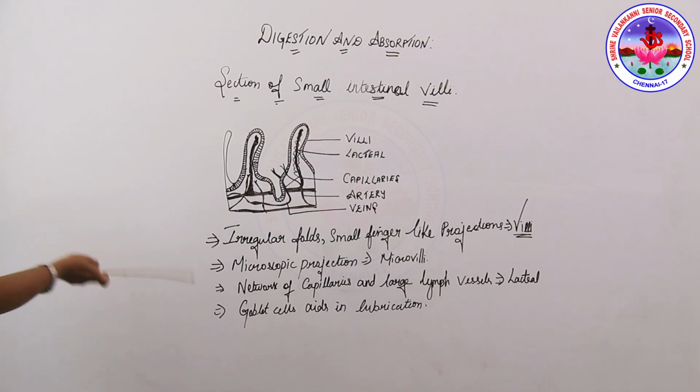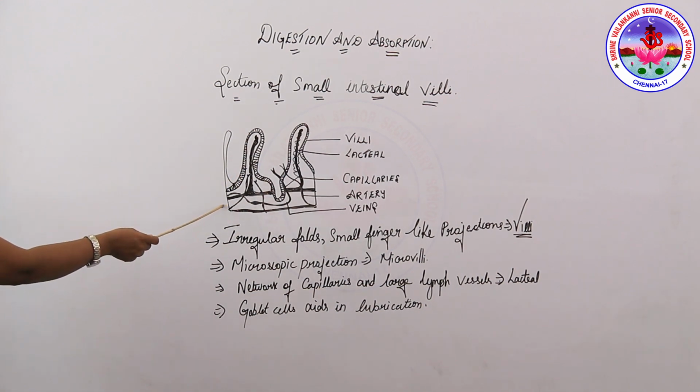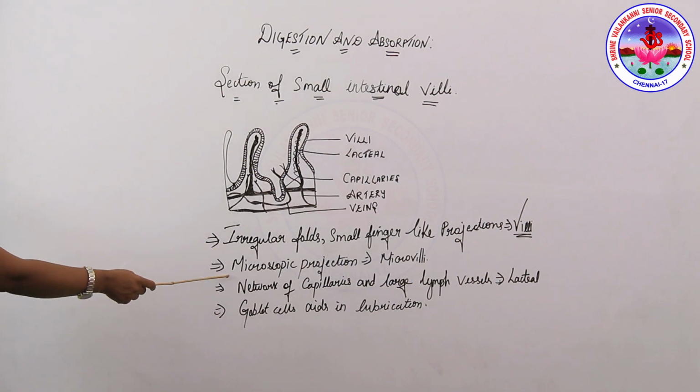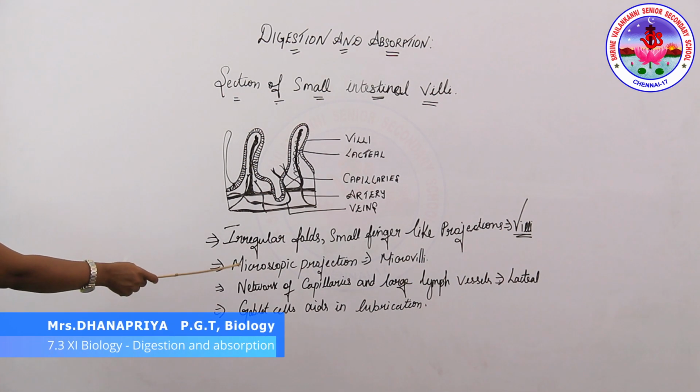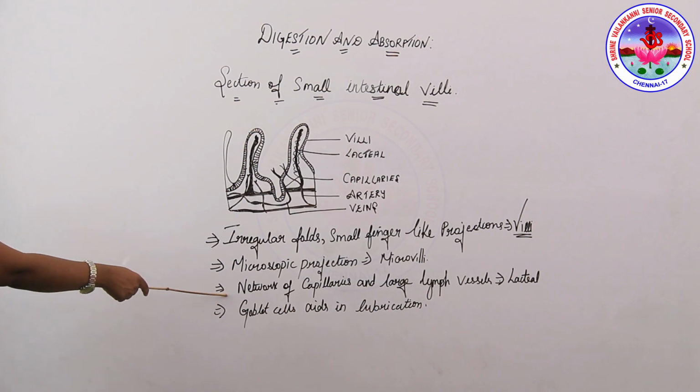So there will be the outgrowth, like a small finger-like projection, where you can see the irregular fold. There will be an irregular fold that is called what? Villi. So these villi have microscopic projections, which we will call microvilli. These microvilli will have a network of capillaries, like the arteries and veins, which supports the function, and there